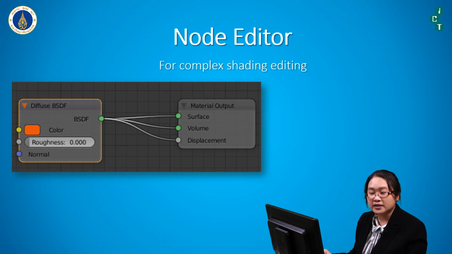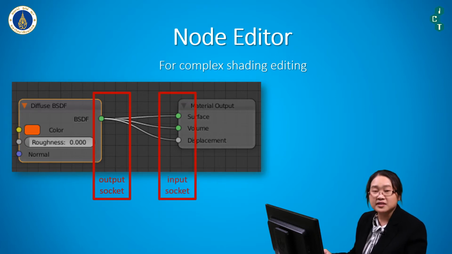But it's not only the box, because on the edge of the box, it will have colored dots on both left and right, depending on the type of the nodes that you have. But the general idea is all the colored dots on the right-hand side of each node are the output sockets, while all dots on the left-hand side are the input sockets. And you can connect each dot by dragging lines from the output of one into the